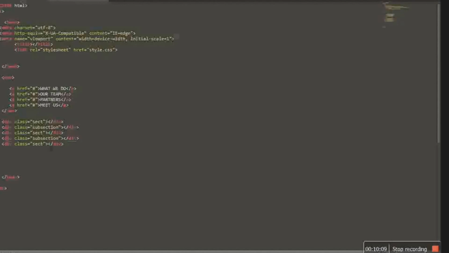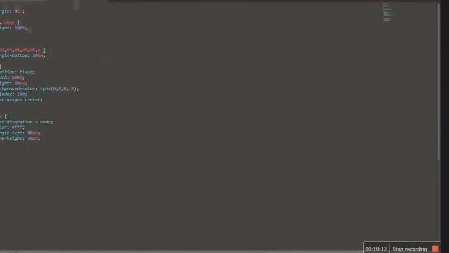Alright, then let's go to the style.css and style the div. The first one, let's do dot sect, since it was a class.